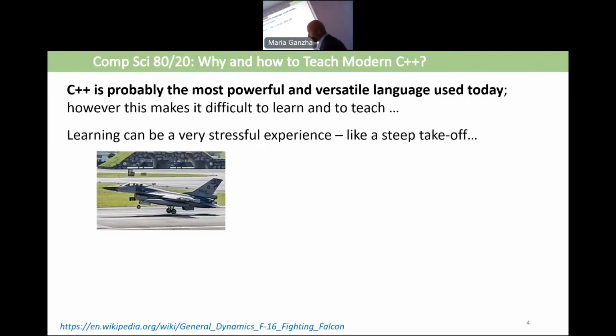So I found these images, like Maverick, for example. Learning can be a very stressful experience, and the first days or weeks of teaching for beginners are very stressful and very prevailing in the final outcome of the classes.